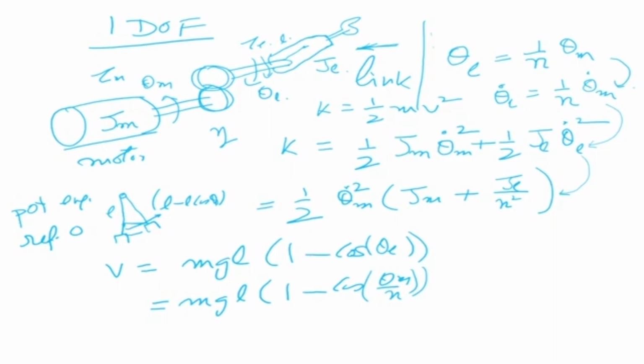Why? Because there are two variables in this equation, theta m and theta l. So I converted all the theta l's to theta m. Similarly, here there is a theta l and a theta m. I converted all to theta m. Okay. Now,